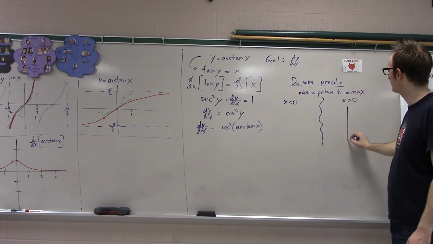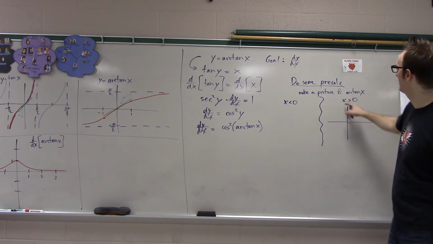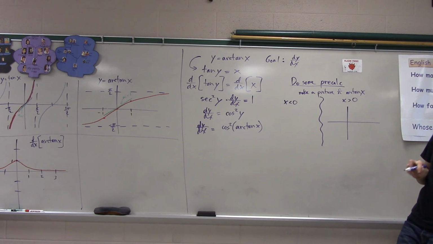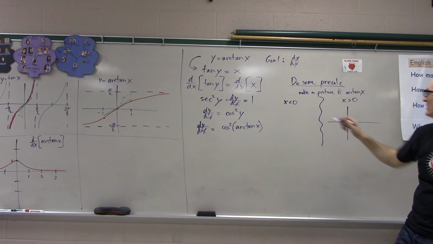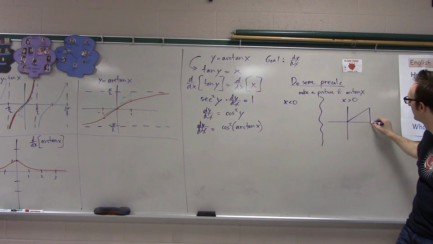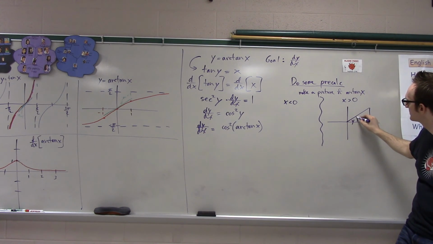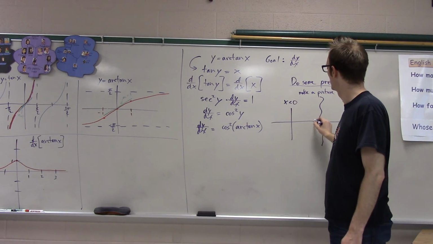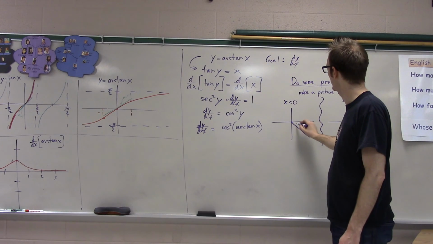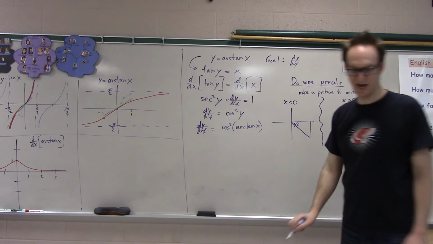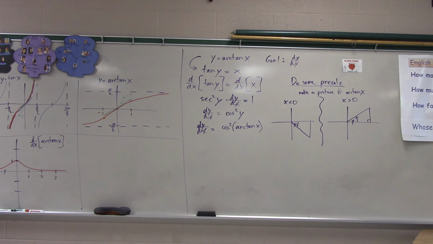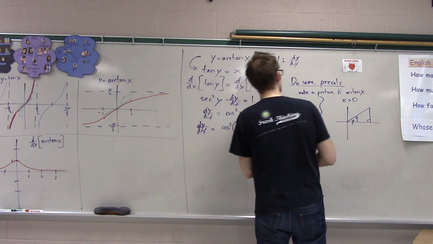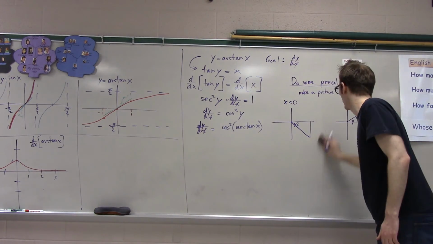To make a picture of arctan, if x is positive, we just agreed that arctan lives in quadrant 1. So my angle is going to be a first quadrant angle. And if x is negative, we agreed that arctan x, which we're calling y, lives in quadrant 4. Now all I have to do is label the sides of these triangles in such a way that I have